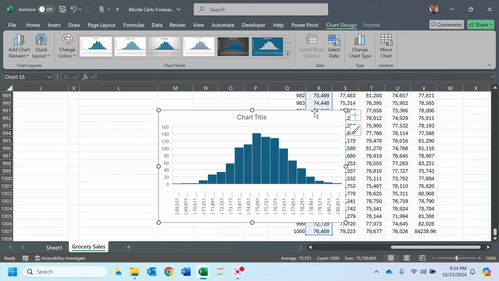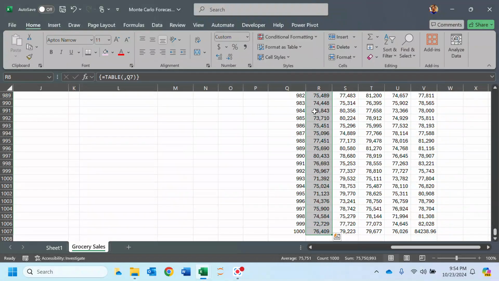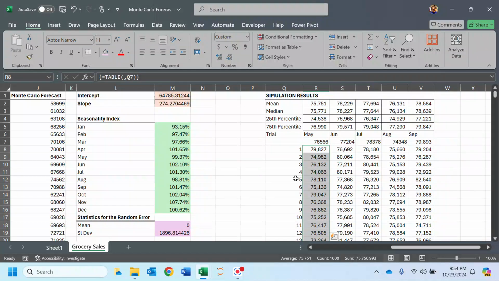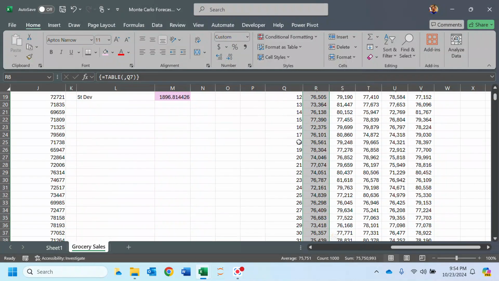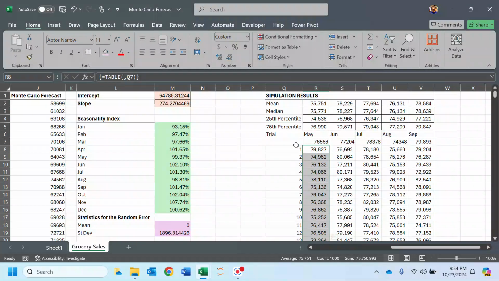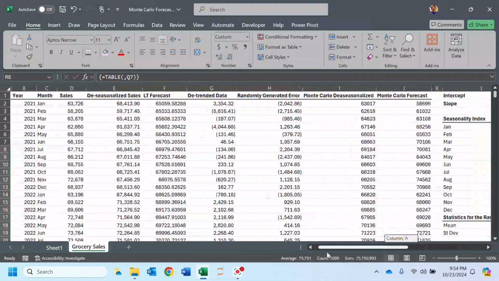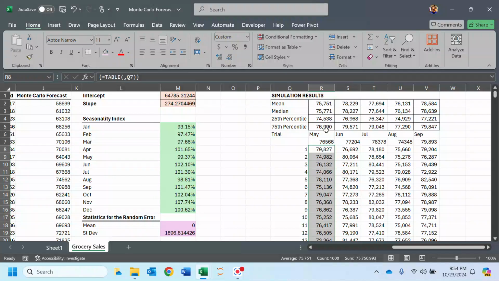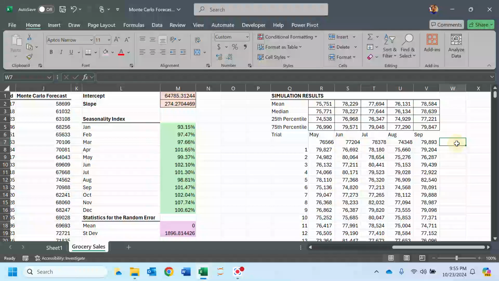So if you want to, for example, figure out what is the likelihood that the sales in May are going to be lower than a certain amount, you can certainly find that. So maybe we could do that as well. Let's take a look here. May sales are 73,990. So what is the chance that, if we didn't know that and wanted to determine what the sales in May would be,